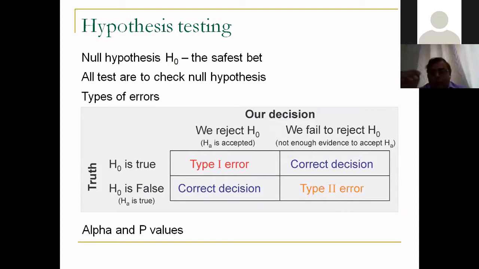Now, I'll tell you offhand that type 1 error is the most dangerous type of error. So we do not want to commit type 1 error. We don't care too much about type 2 error. It is important, but we care more about the type 1 error. So we are always afraid of type 1 error. Now, to make you understand why type 1 errors are more dangerous than type 2 errors, let's take a different kind of example.